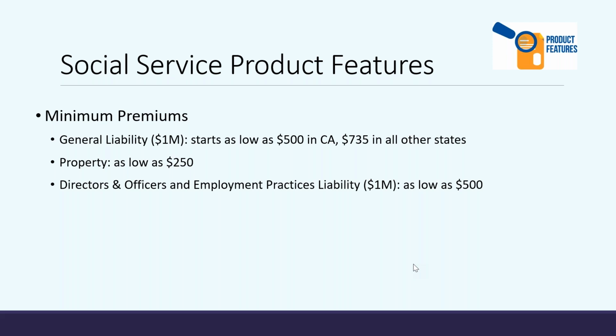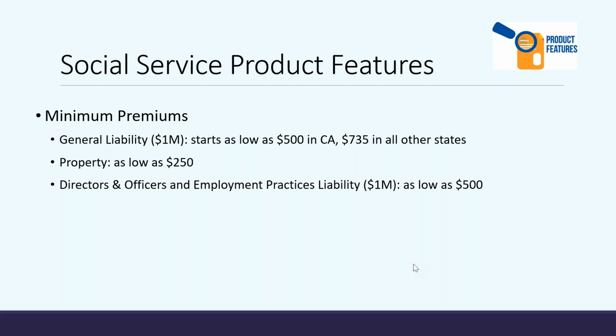Maybe I wasn't as clear. I was trying to explain how that usually looks. These types of organizations typically don't have a building, honestly. Usually they're going to be out in the community. That's kind of the whole point of these outreach organizations, is that they're out there helping the community. So we don't have a premises limitation on the policy. So wherever they're going to be operating, we're going to be able to cover them.